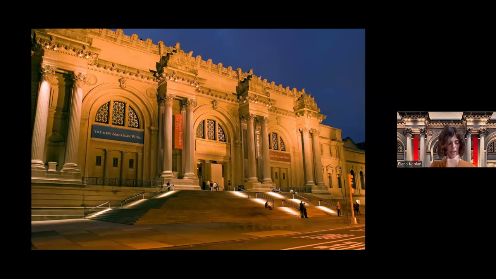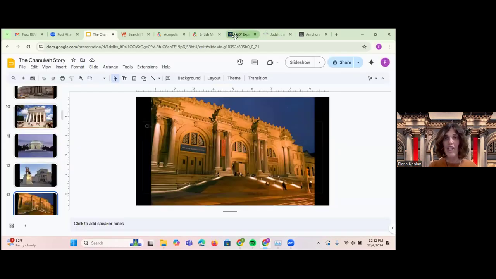All of this architecture was based on the Parthenon. And we'll see other ways today, also other ideas that are still very much part of Western culture that were influenced by the ancient Greeks. So before we go into the Met and look at some of the objects together, we're actually going to go to